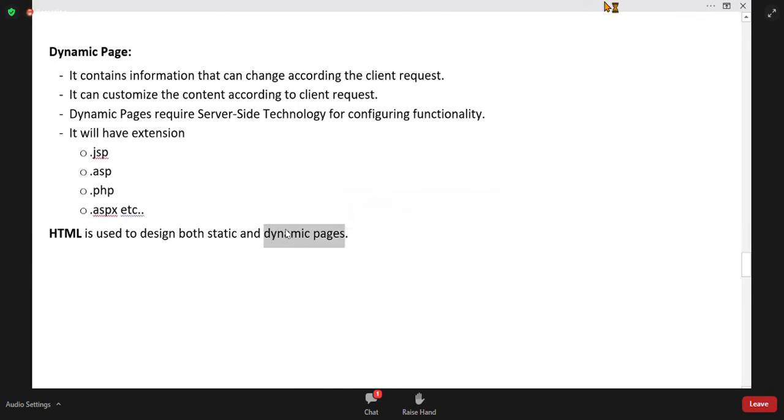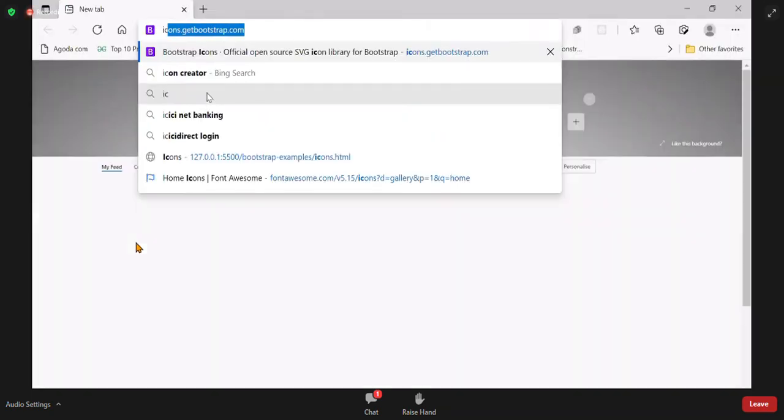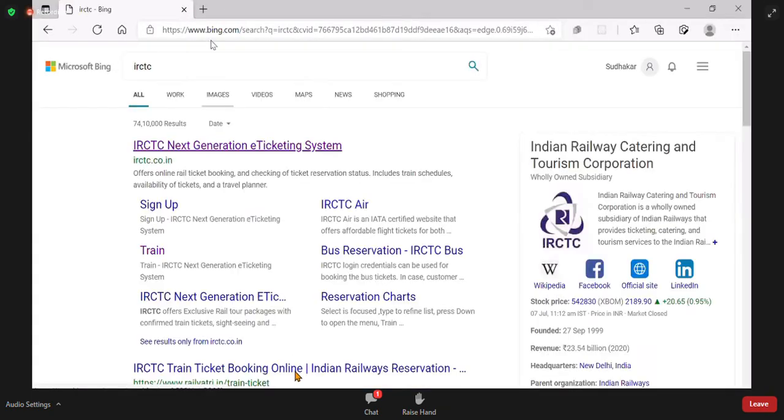Additionally, dynamic pages have server-side interactions also. They process the request and generate a response for the request. That functionality is given with server-side technologies. But remember, the dynamic page is also designed. I open IRCTC. The dynamic page is also designed with HTML only.